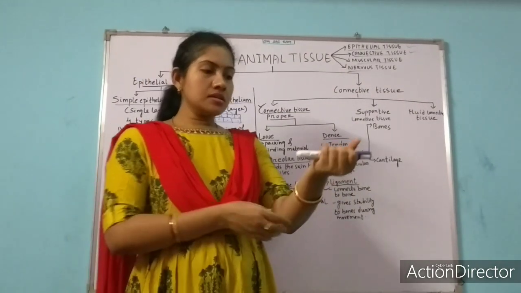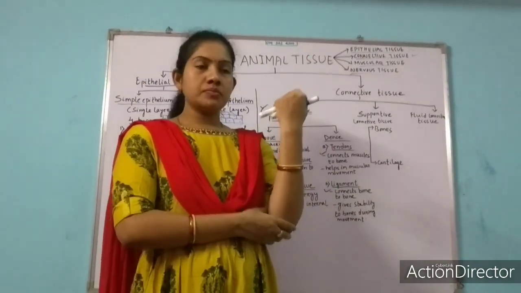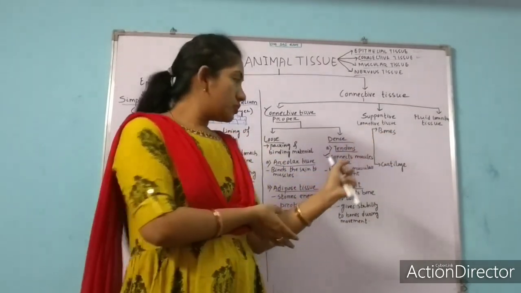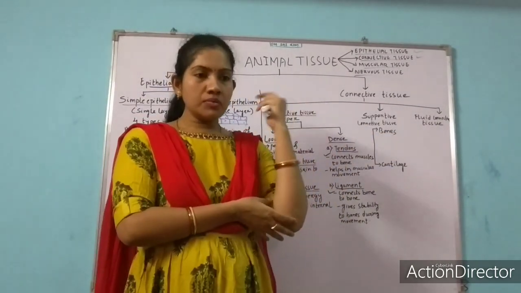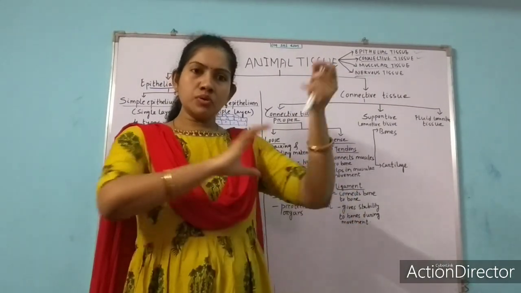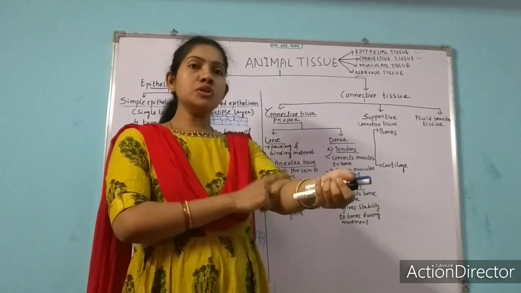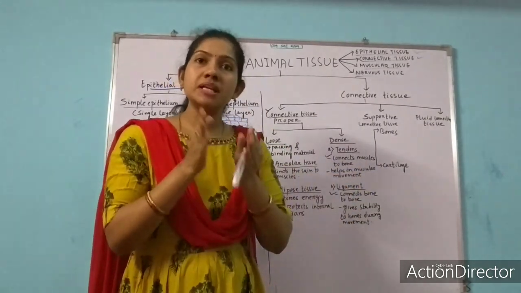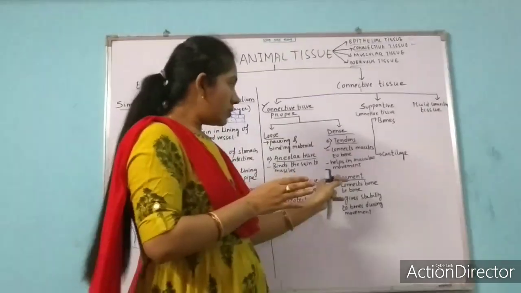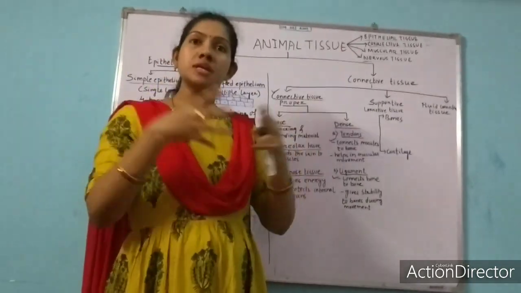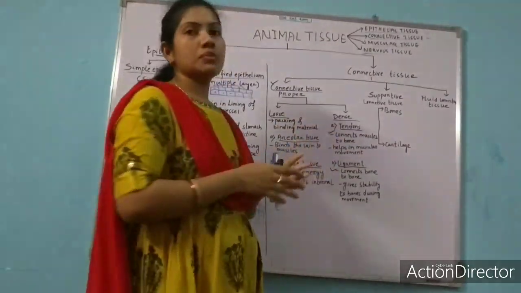As there is a fixation, two bones get fixed in place due to ligaments. That's why when we move our hands or our legs, even if we move speedily, there will be no separation of bone. They are held tightly. It gives stability to the bone. So that's why ligament connects bone to bone and it also gives stability to bone during movement.